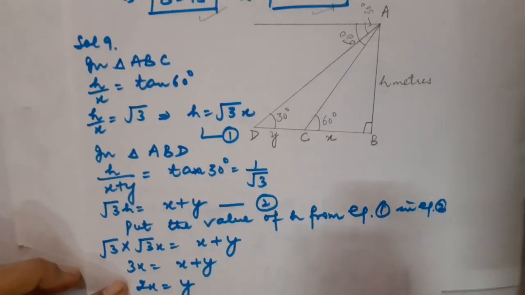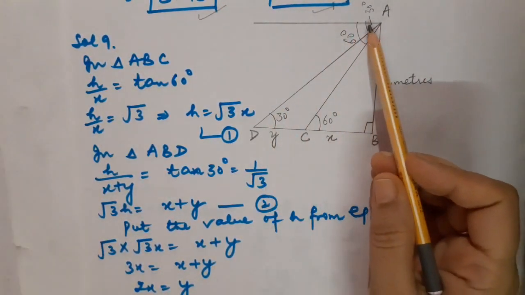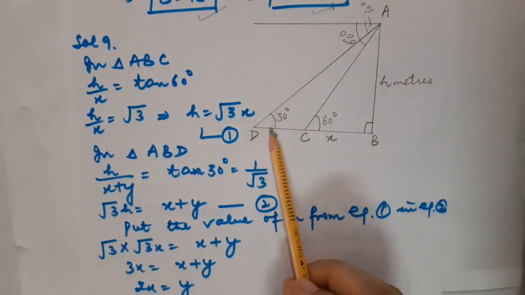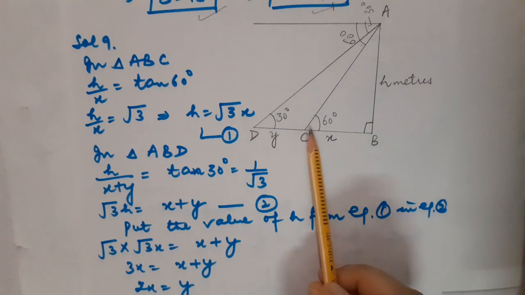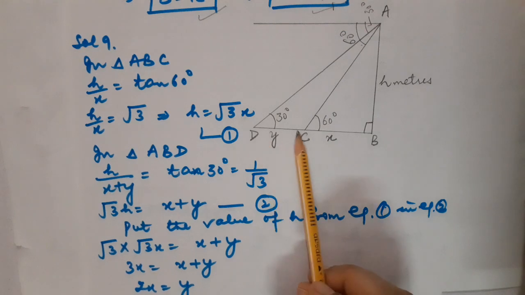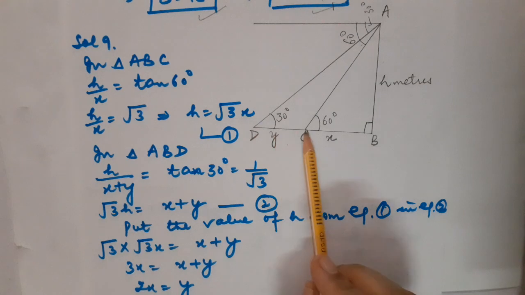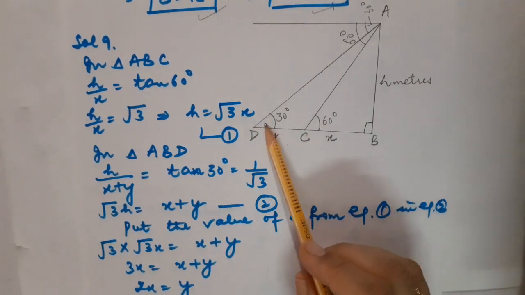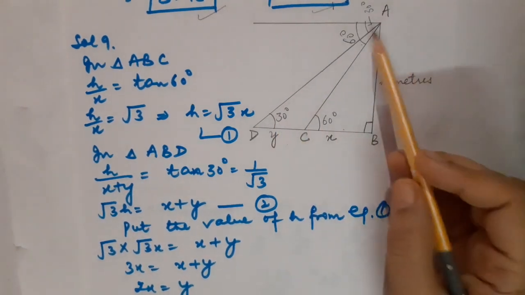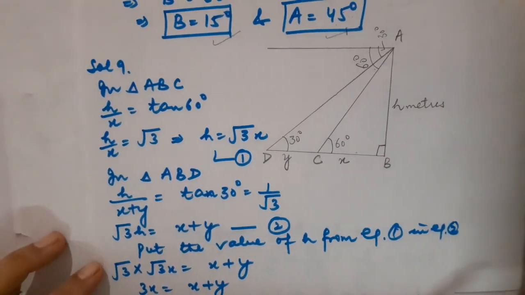So children, this is the diagram of the question. Here you can see that two depression angles are formed, 30 degree as well as 60 degree. As the car has covered some distance, ultimately reaching point C, it has taken 6 seconds to reach from point D to point C. And of course the angle of depression has also changed from 30 degree to 60 degree. You can see from here. Okay, so let us have a look at its solution.